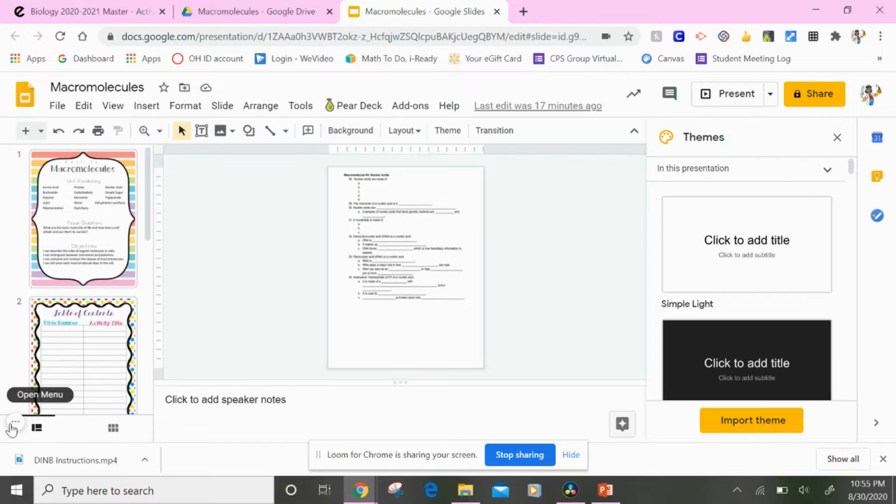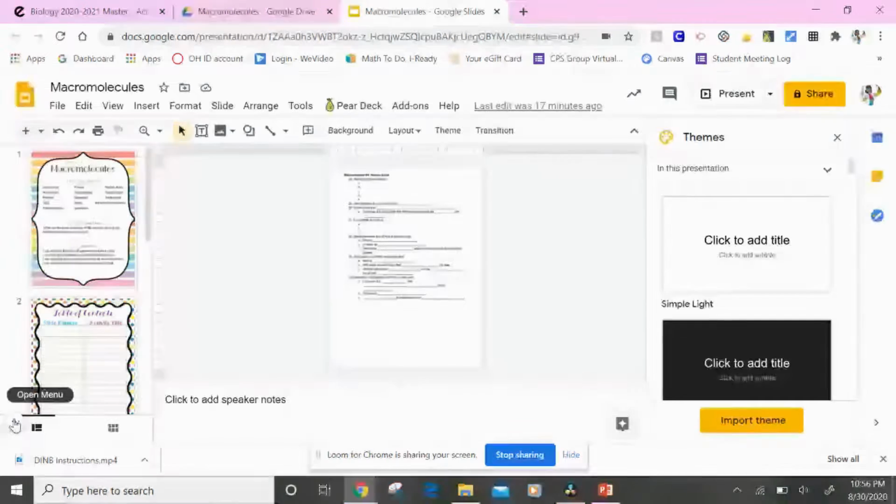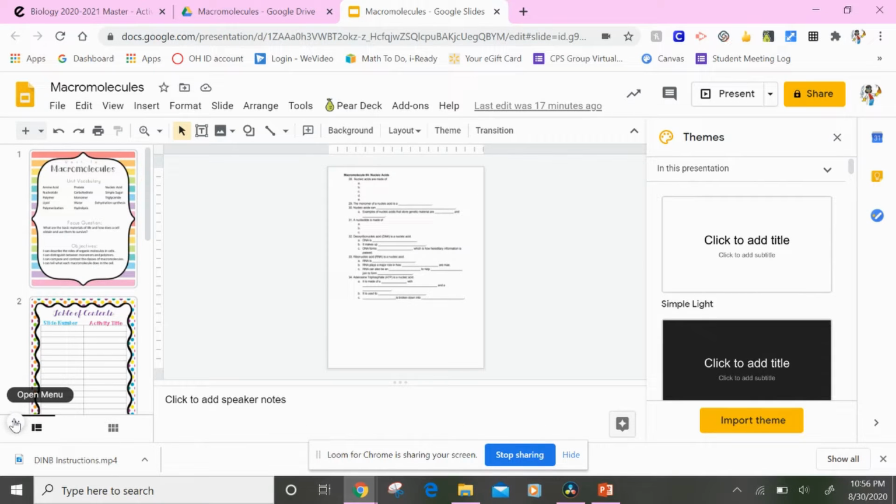I am going to teach you today how to fill in your Google Slides document with the information that you get from our notes. So in biology class, your notes will be taken via video. It'll be a video of me telling you the information that you need to know and going through a slideshow. So what you will do